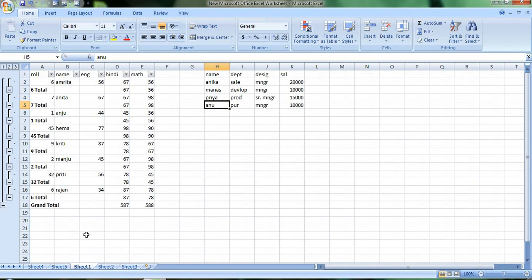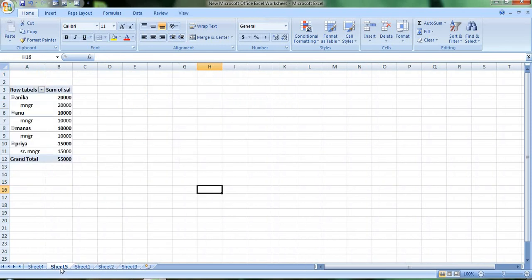If I show, what is the difference between the pivot table and my simple database? Basically, in the database here I have taken only 5 records, and if I take a company's record, there are records of 1000 persons. How will I get that reading? Basically, the pivot table does the summarizing. The pivot table summarizes the database of some persons, or whatever you want, it will calculate and summarize all these things. It is shown here.